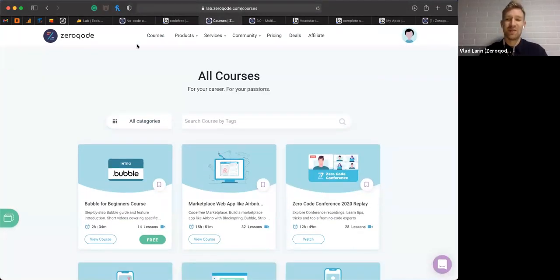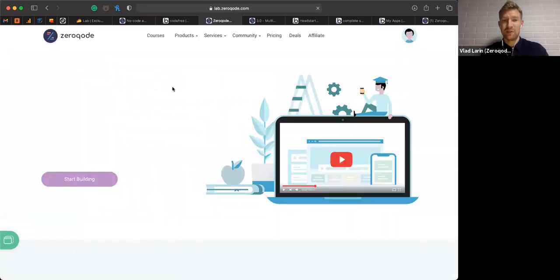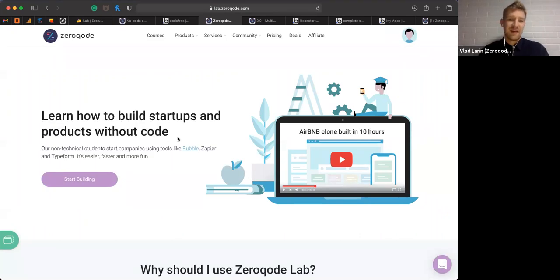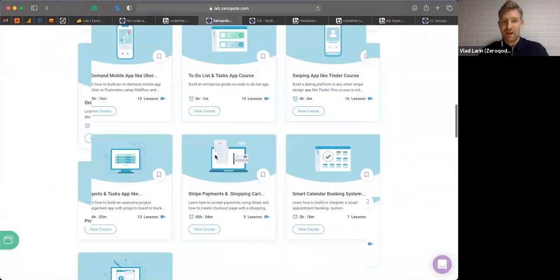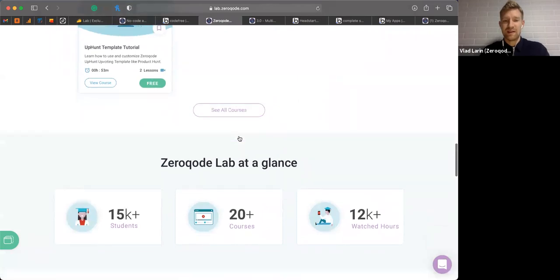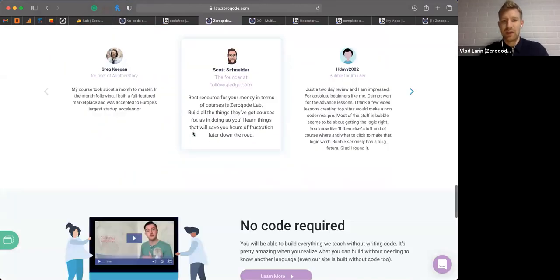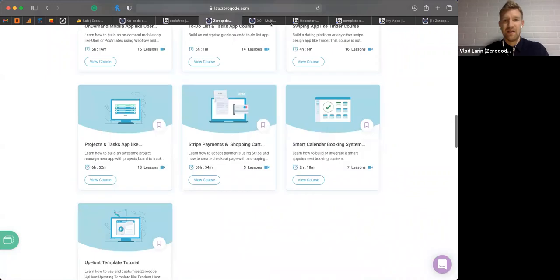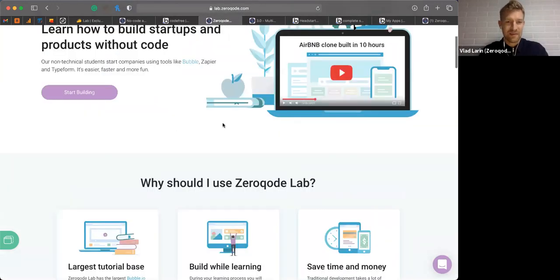To get started, and then we'll also check out how the template works and how you apply the knowledge in the courses. So you can see the actual website of Zeroqode Lab, which we have been tinkering with for the last 10 minutes. It has a lot of elements, obviously: the courses, the actual landing page, the reviews, the contents, the progress bar,